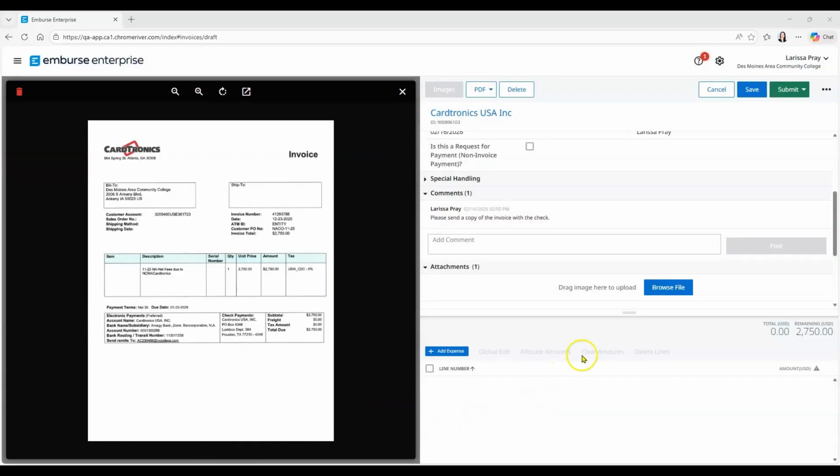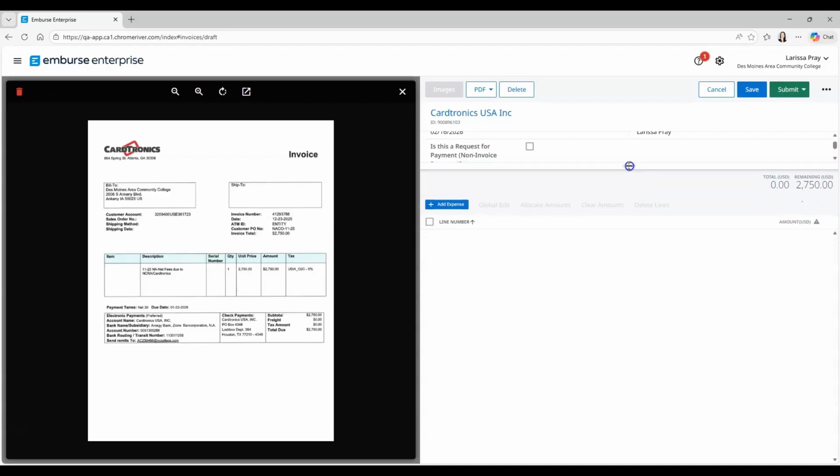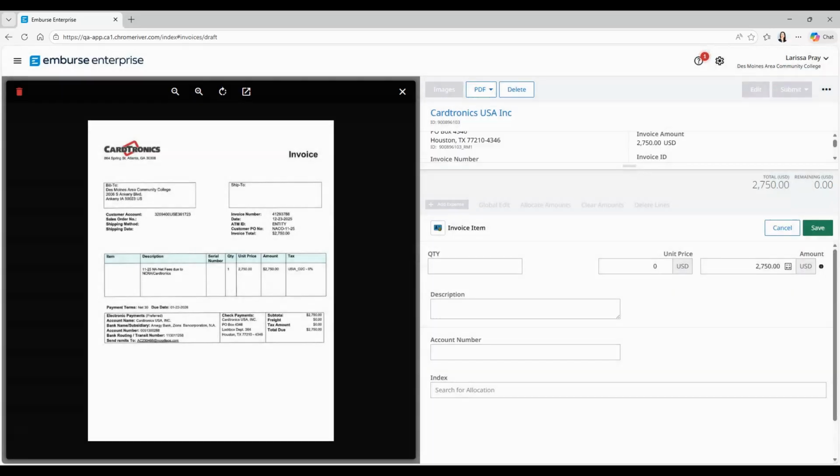Line item section. You can actually drag this line item section by putting your cursor over these lines here and then just dragging up to give you more room. Once you click Add Expense, you can begin adding the line items that are on your invoice. If you have an invoice that just has 1 or 2 line items, you can easily do those by adding the information in here. But if you've got an invoice with 4, 5, 6 line items and all of them are going to the same index and account,